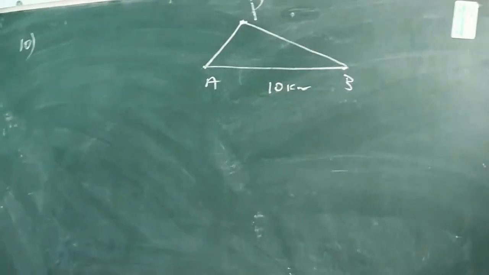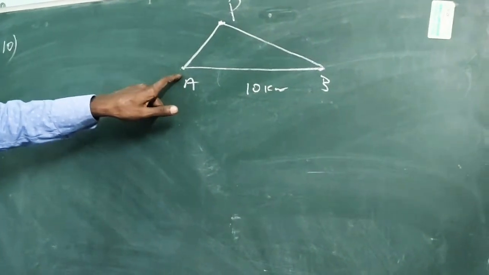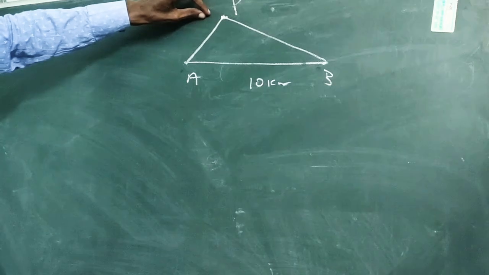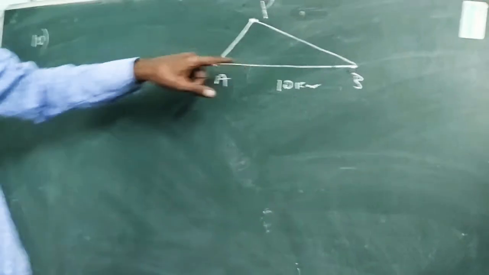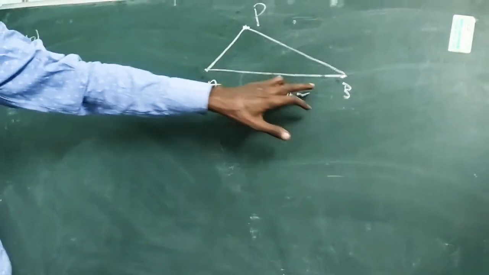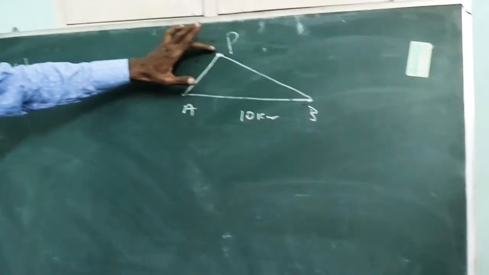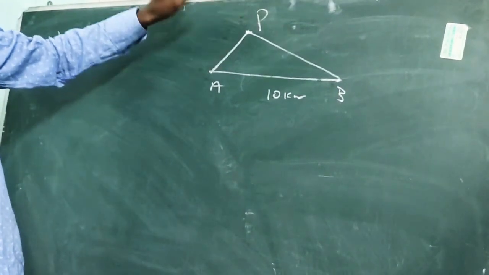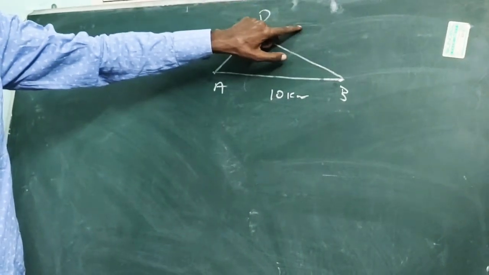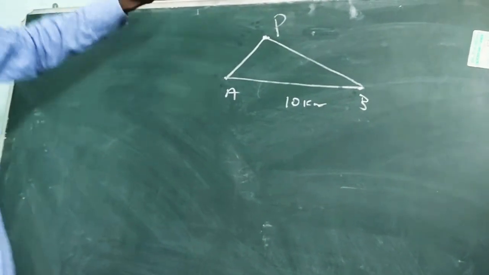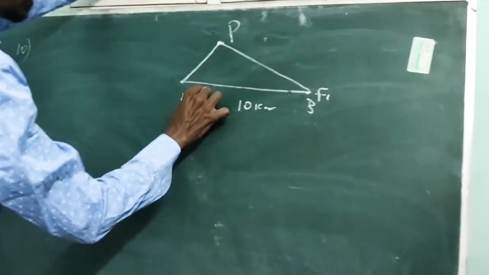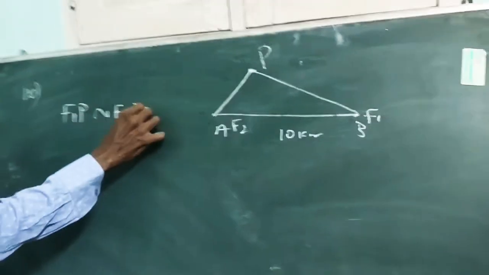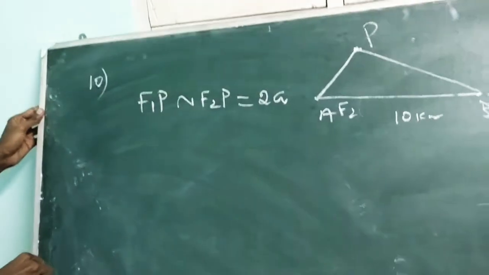The focal property is the difference of distances between any 2 fixed points and a moving point is a constant. Once again, the difference of distances between any 2 fixed points and a moving point is a constant. Then the locus of the moving point is nothing but a hyperbola, and the difference of the distances is equal to the length of the transverse axis 2a. So imagine some f1 and f2 fixed points. We have the focal property f1p tilde f2p is equal to the length of the transverse axis 2a.